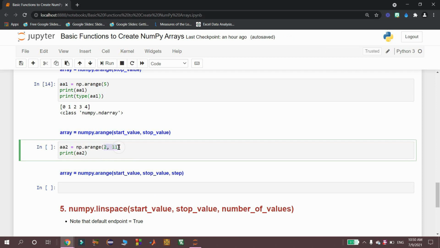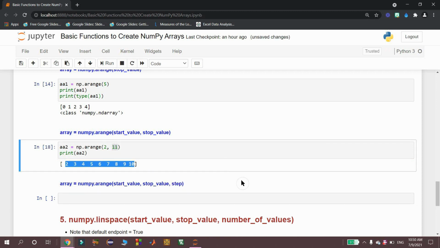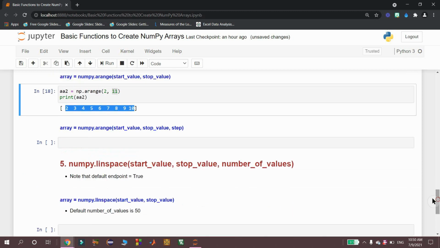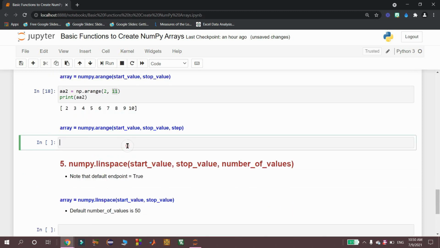Then I am using arange function with start and stop values. Here also I am using the default step size 1 and the start value is 2. That's why the first value in the new NumPy array will be 2 and I will get 2, 3, 4 like that up to 10 because the stop value is 11 there, which is excluded in the range. In the third case, I am going to use the start value, stop value as well as the step size.